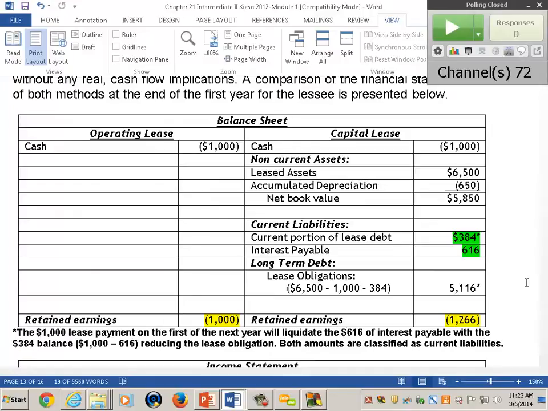Because if you look at the retained earnings, that's coming from the income statement, which I'll bring up on the screen in just a second. So again, the capital lease has those cosmetic accounting disadvantages. So hopefully that helps. I know I had the question, and I answered it on a one-on-one basis. If you had the same question or issue regarding the timing, we're going to go over this again today, but the payment comes off first, and then the interest is accrued.